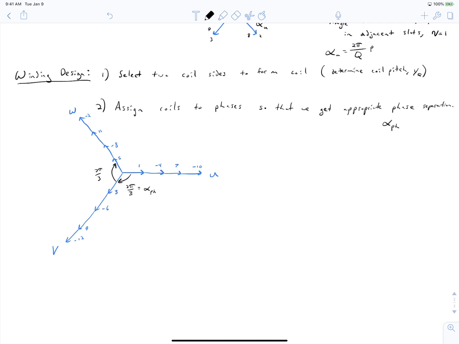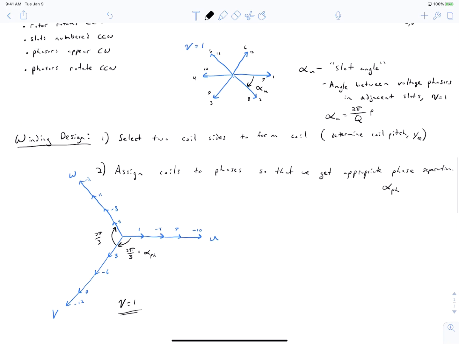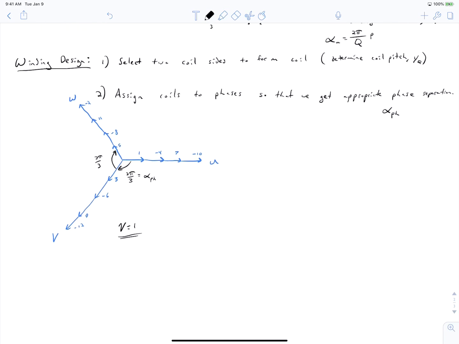And this needs to be true for harmonic v equals 1. That is our fundamental. If we only have the fundamental component in our magnetizing field, we want to see that we have a perfect three-phase balanced sinusoidal back EMF, where phase U leads phase V by 120 degrees, and phase V leads phase W by 120 degrees. And you can see that looking at this star of slots, we were able to pick phasors so that this was true. It's kind of magic that this worked out at this point, but